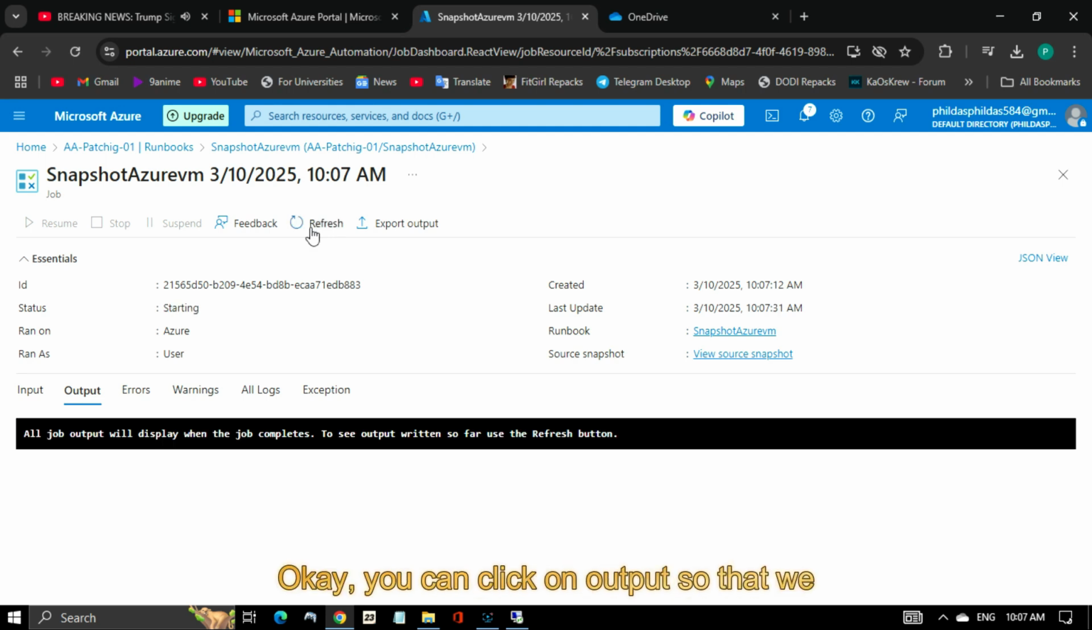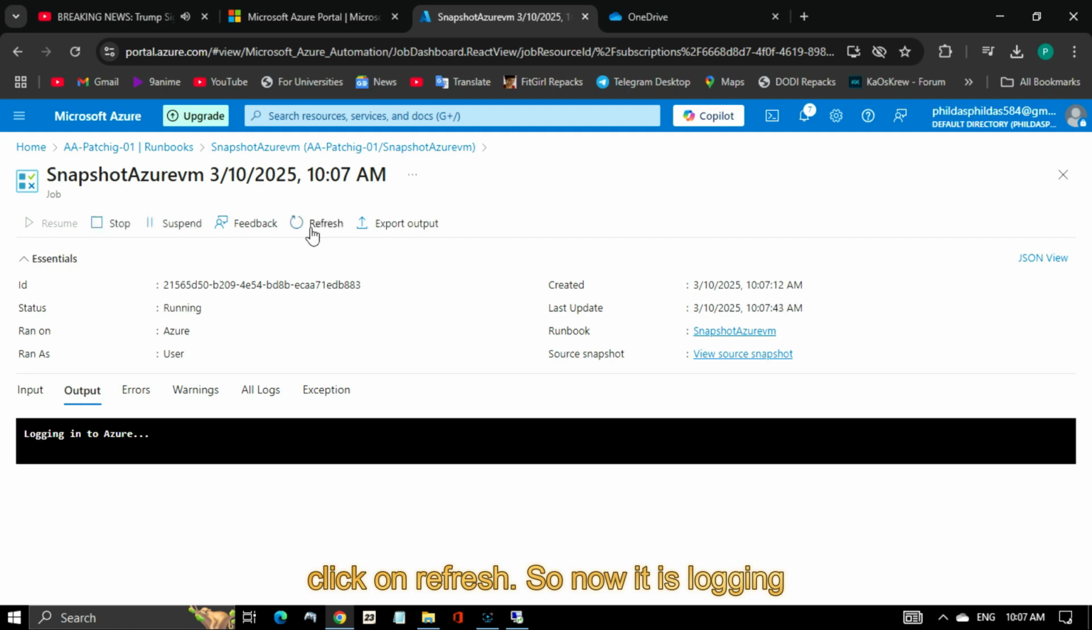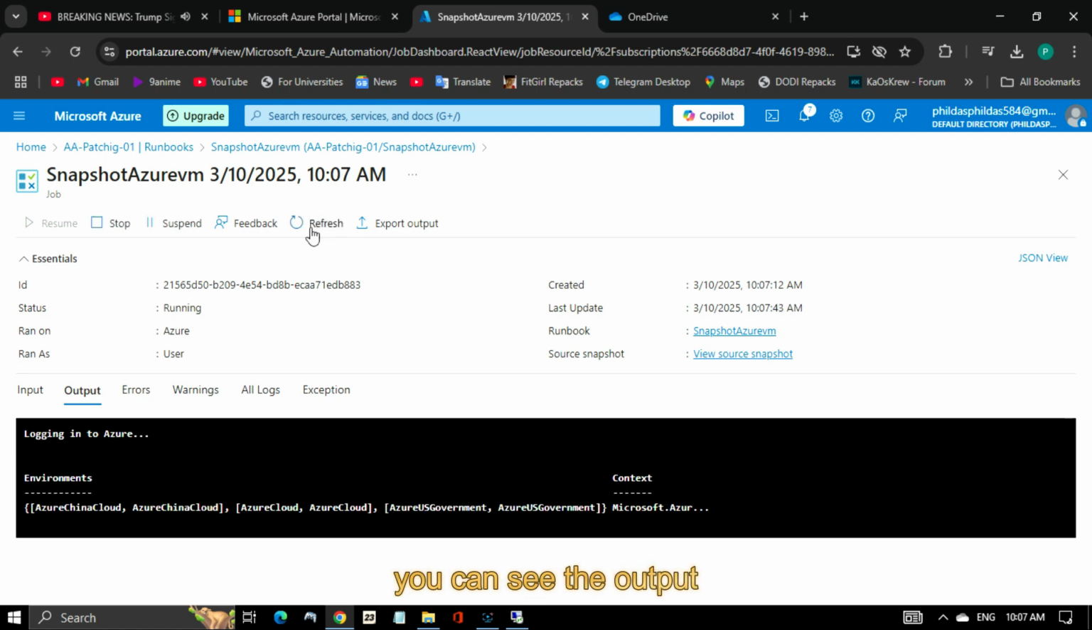You can click on output so that we can see the output here, and just click on refresh. Now it is logging into Azure, and if you keep refreshing, you can see the output in real time. VM OS ticket, VM OS disk snapshot begin. You can view the group name,